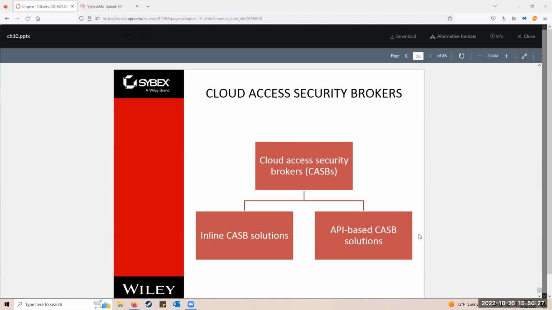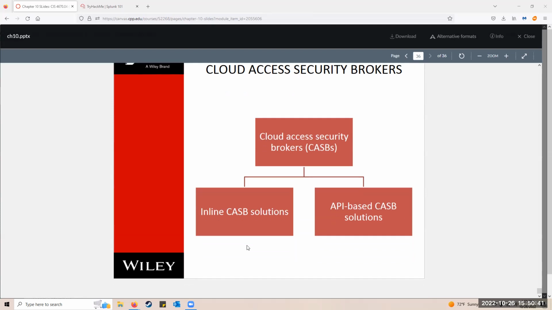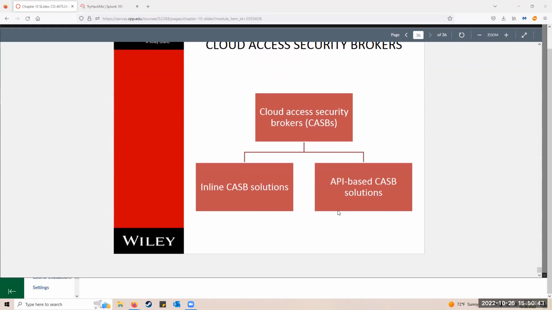And then there's API-based solutions, which are more attuned to the application. So think of a virtual web application firewall, a WAF. That's a great example of an API-based solution. All right, so that concludes